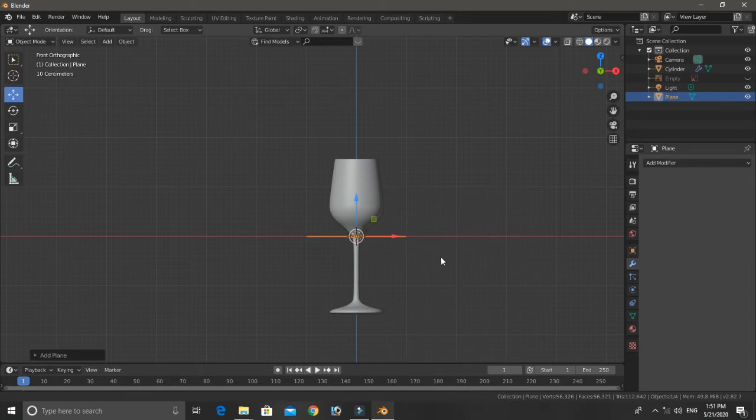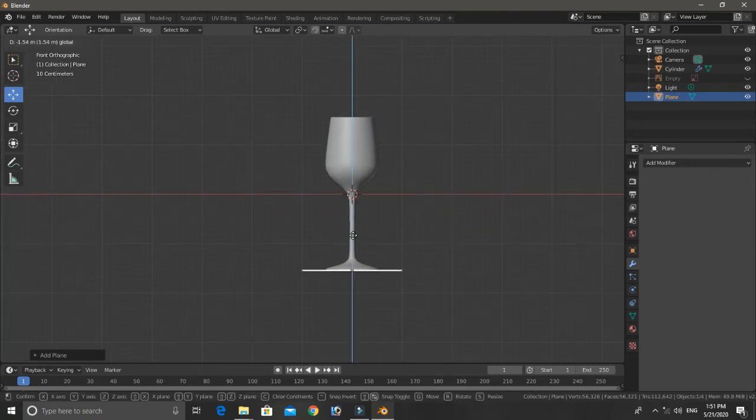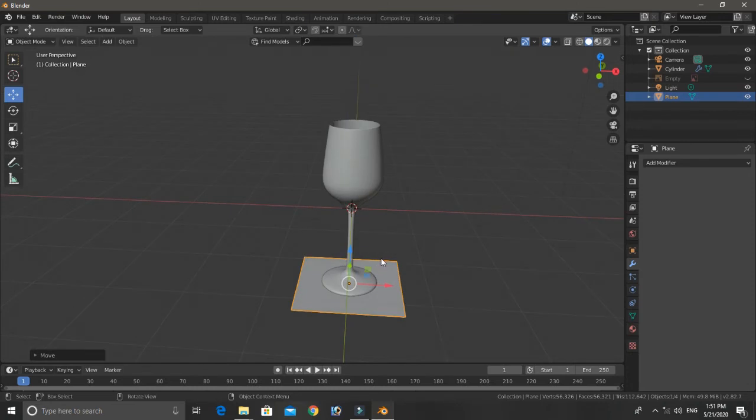Now right click to add a plane mesh for the bottom part. S to rescale.